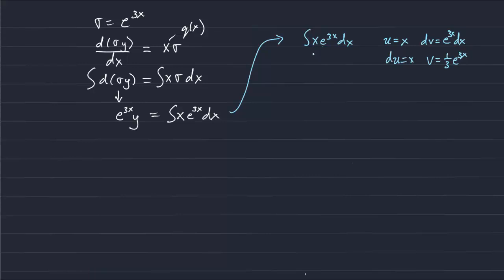And so again, the integration by parts means that the integral of u dv is equal to u times v minus the integral of v du. So again, we've set u equal to x, and we have this being e to the 3x dx equals dv. And so we get u times v, which is x over 3 e to the 3x, minus the integral of v,